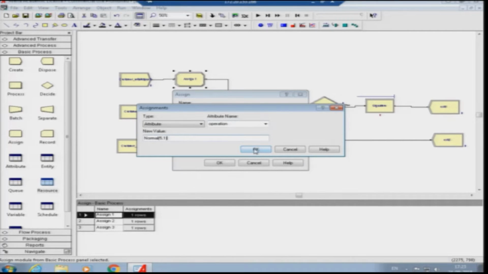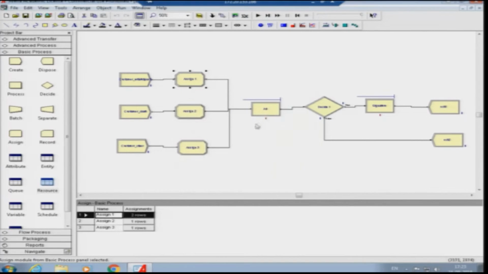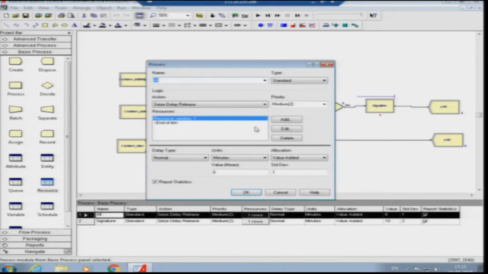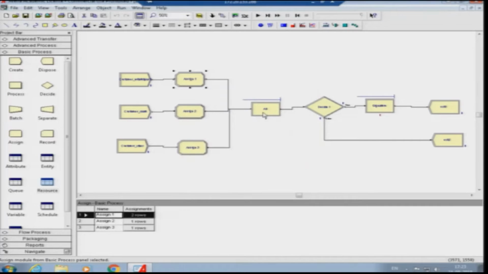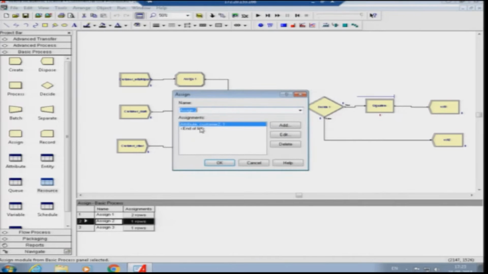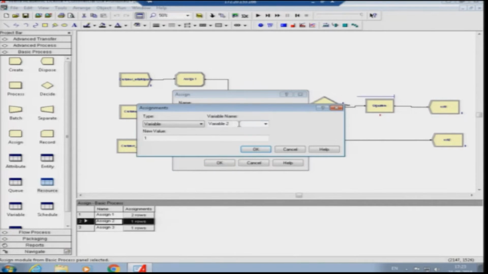So what this signifies is that when this particular entity reaches this particular process, it will take the value of this attribute, which will change the process characteristics; I will come to that later on. Similarly, for the second assign node, we need to add the attribute whose name is operation, and its value is different from the first case.